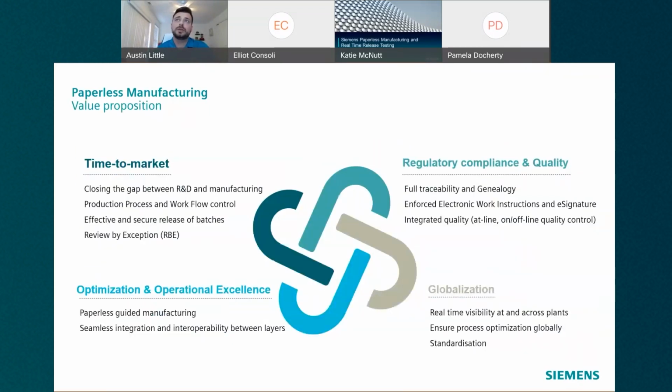Okay. So the value gained from implementing a paperless manufacturing solution is time to market. So we're really bridging the gap between research and development and manufacturing, as well as the effective and secure release of batches. So as I stated before, most commonly this is done in a paper process, in a notebook with handwritten results, information, sampling,